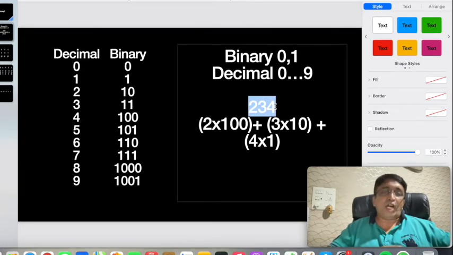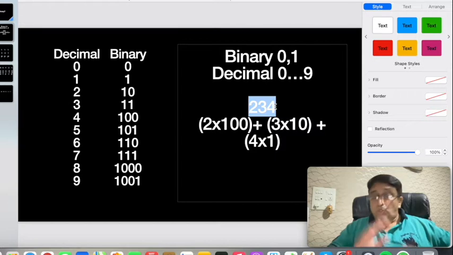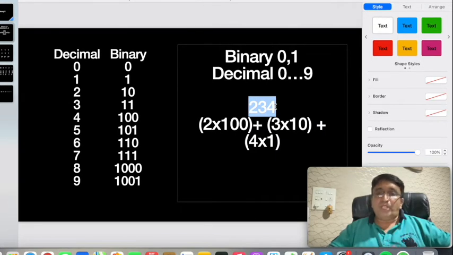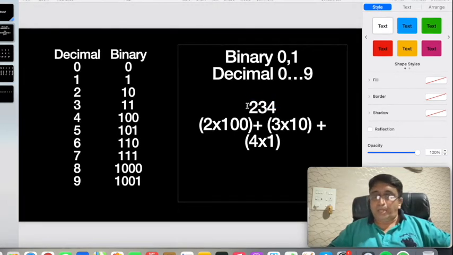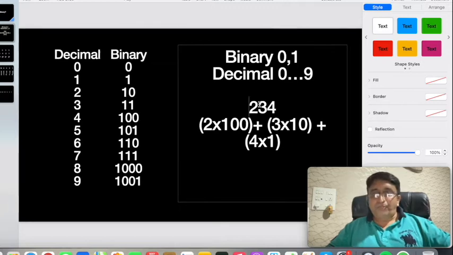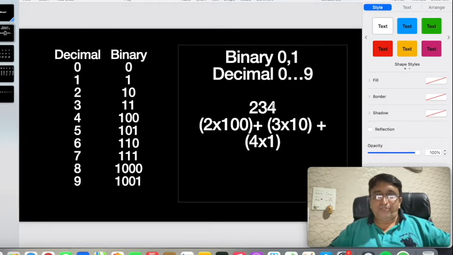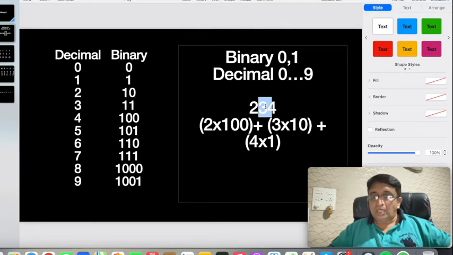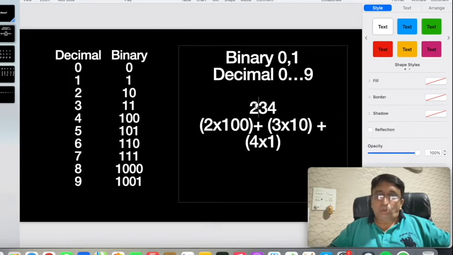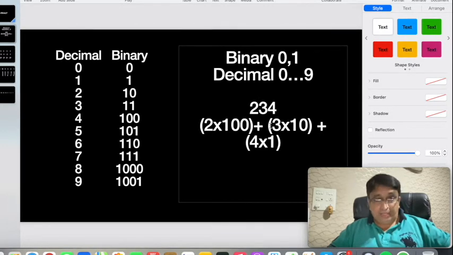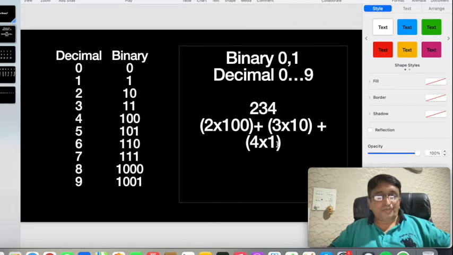How am I supposed to make a chart and go up to 234? So for that, we need to understand the basics of the numbering system. Now let's talk about 234 only. If you consider this number, this is a decimal number, so it's made of 3 digits. In 234, the first position we call units, the second position is tens, and the third position is hundreds. So we have already learned how to express this 234: it's 2 into 100, plus 3 into 10, and lastly 4 into 1.